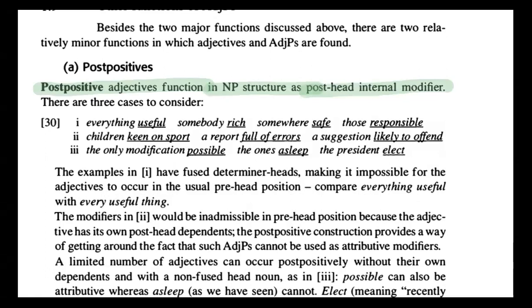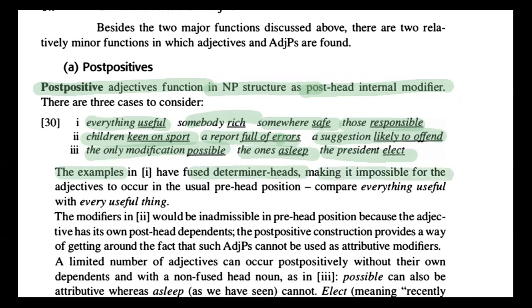يعني معدل داخلي للnoun phrase like everything useful, somebody rich, somewhere safe, those responsible, children keen on sport, a report full of errors, a suggestion likely to offend. Okay, the only modification possible, the ones asleep, the president-elect. So the examples here, there we got fused determiner heads, يعني عنا the determiner head اللي هو المحذوف, okay, making